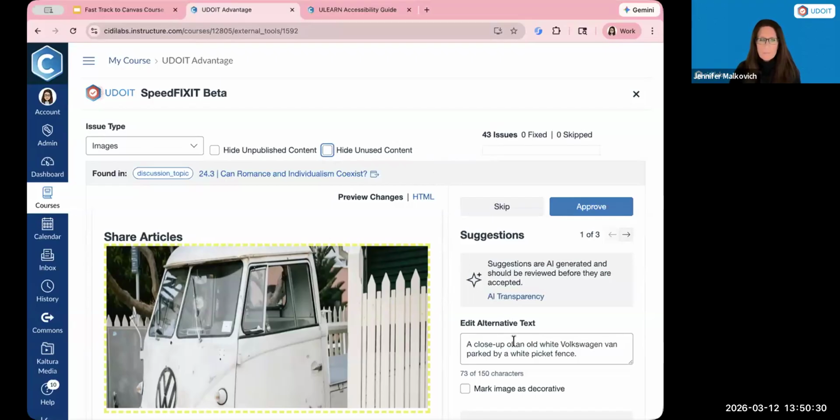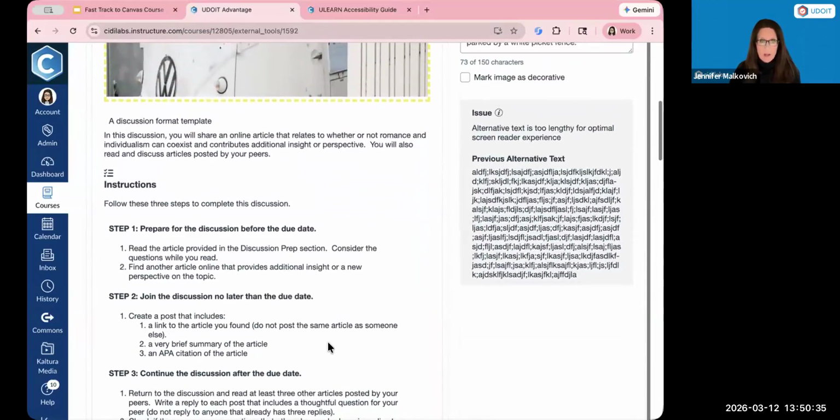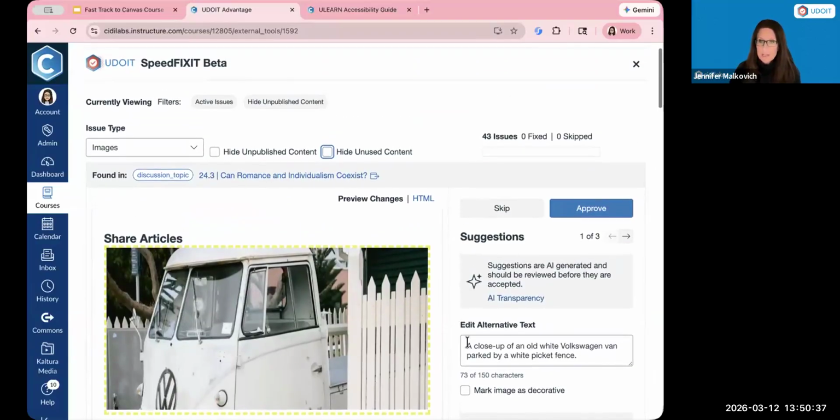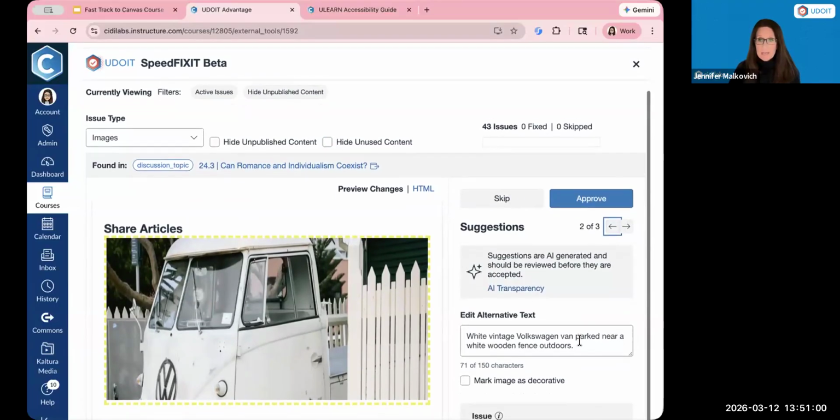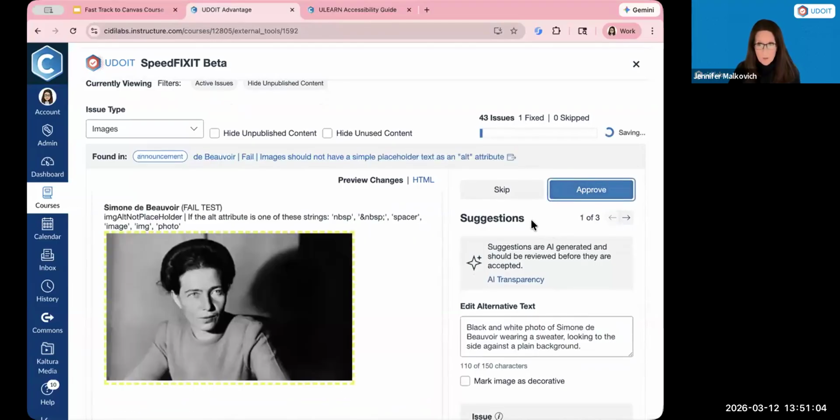But what you're going to see is a really nice preview of the image on that page, so you can really get the context, as well as suggested alternate text. And we provide for each image 3 different options that take a slightly different approach. Sometimes there are longer and shorter versions, some taking more of the context of the page into account. But if this one looks good to me, I can simply approve it, and then it quickly moves me to